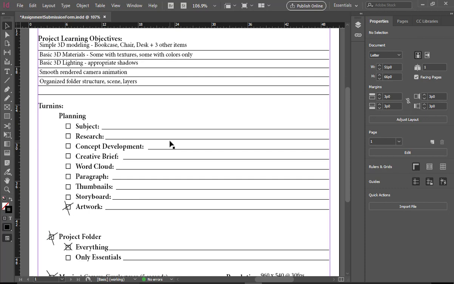For the turn-ins for this one, you'll be turning in your artwork, like I said. So all the sketches you have of things that you've drawn for different props, you'll put those in, even if you didn't model them in the scene, just to see that process of planning things out. The more research you do, the more ideas about what stuff looks like, the better your models are going to